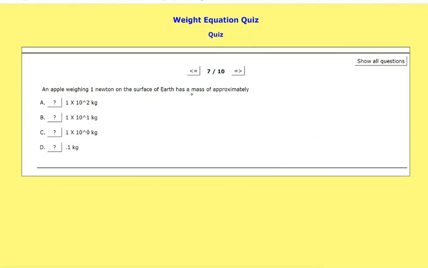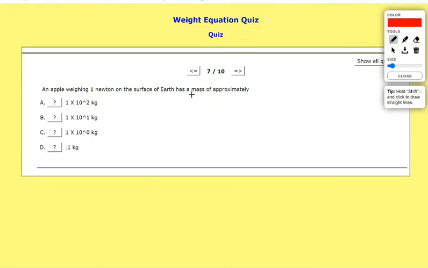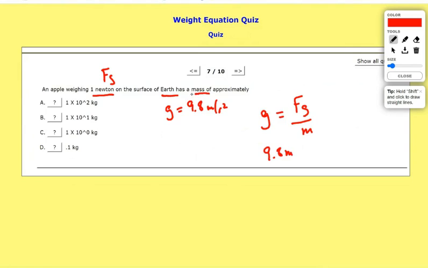An apple weighing 1 Newton is what mass? This is interesting. An apple weighs 1 Newton, Fg. Where does it weigh on the Earth? g is 9.8 meters per second squared. What is the mass? Once again, you're really going to do well on these problems because we did a ton of them already. So it's 9.8 meters per second squared. What is the weight of 1 Newton? m. And so I think that's about